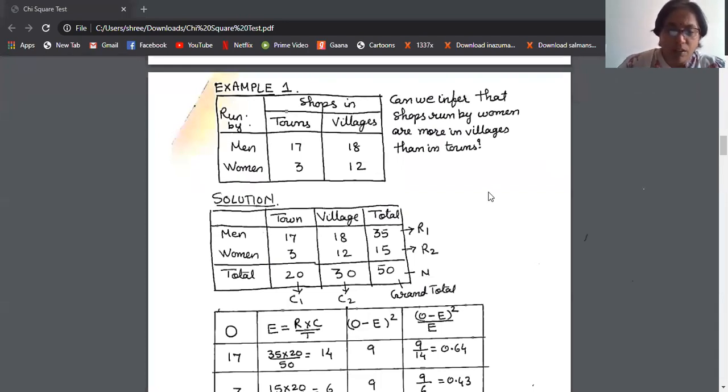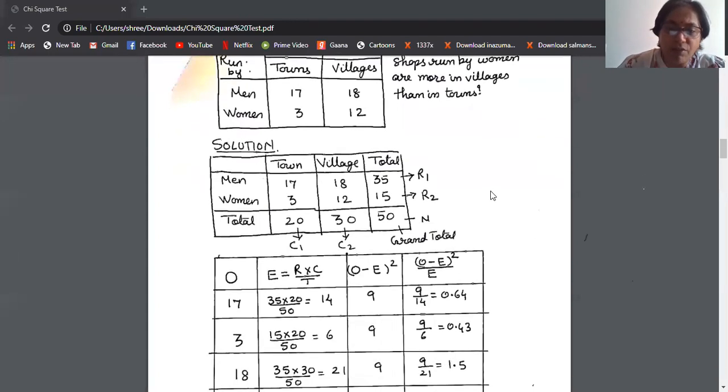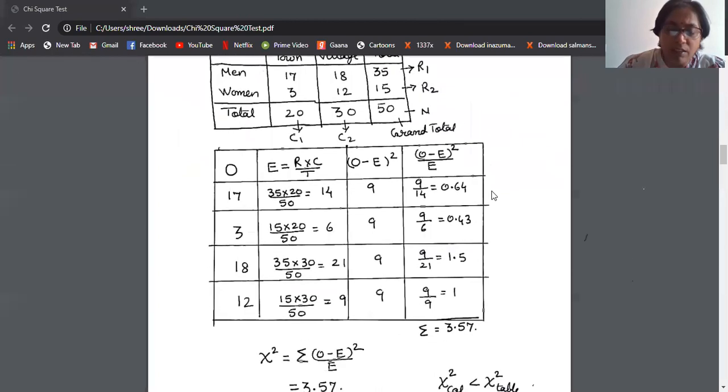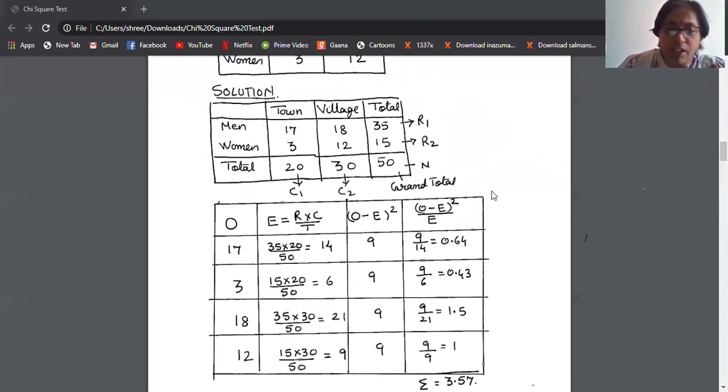Yes. Now after that, we have to find out the expected frequencies. Okay, and for that we are going to make a table. The first column is going to be your observed frequency. So whatever is given to you, the first column is the observed frequencies. Now 17, 3, 18, 12, you can write it in any order, not compulsorily. You can write 17, 18, 3, 12 also, but I have written 17, 3, 18 and 12. Okay.